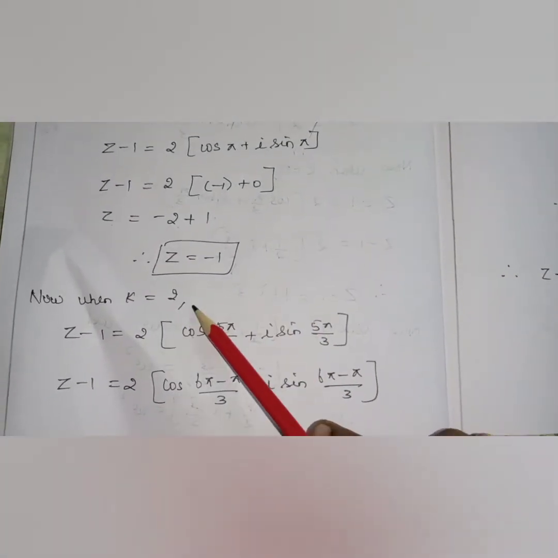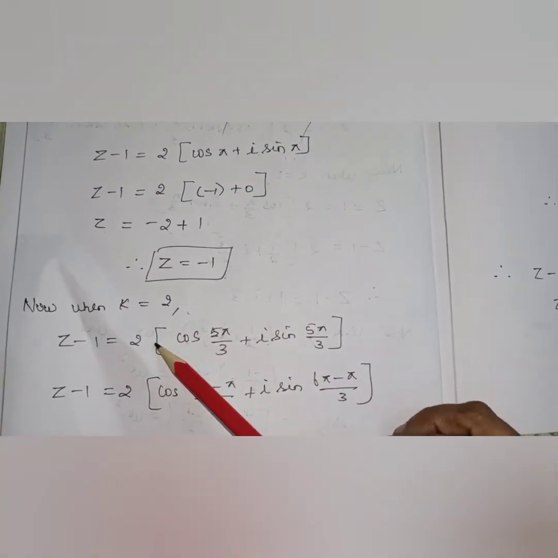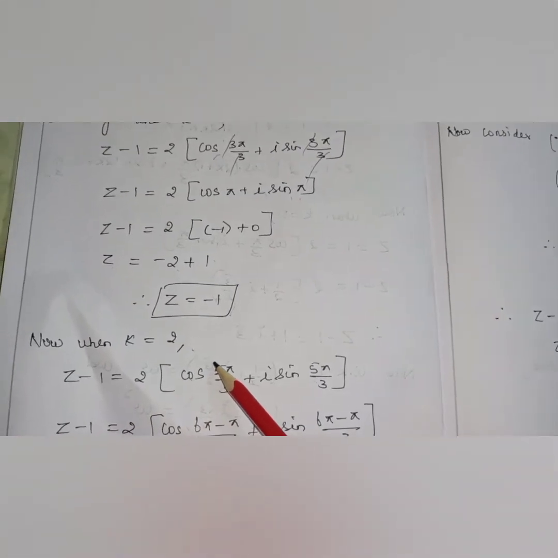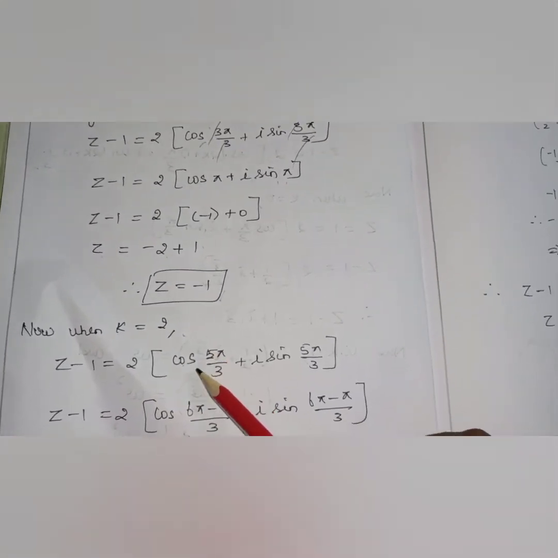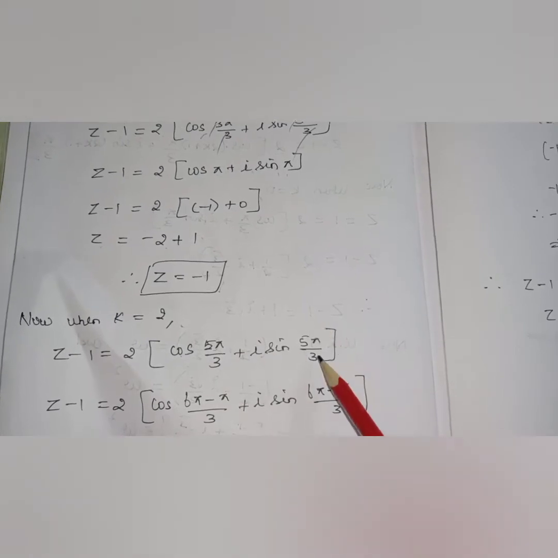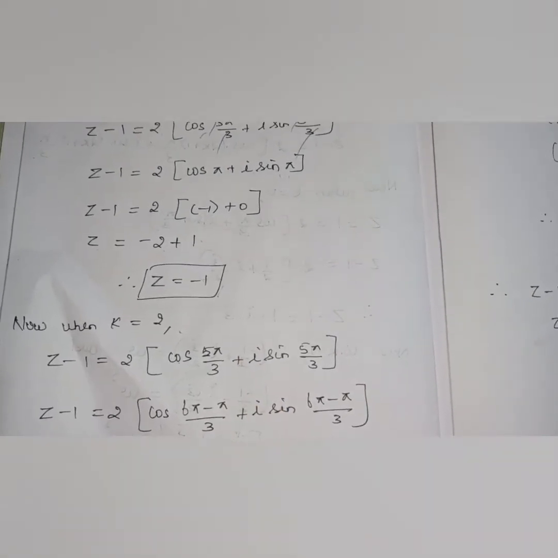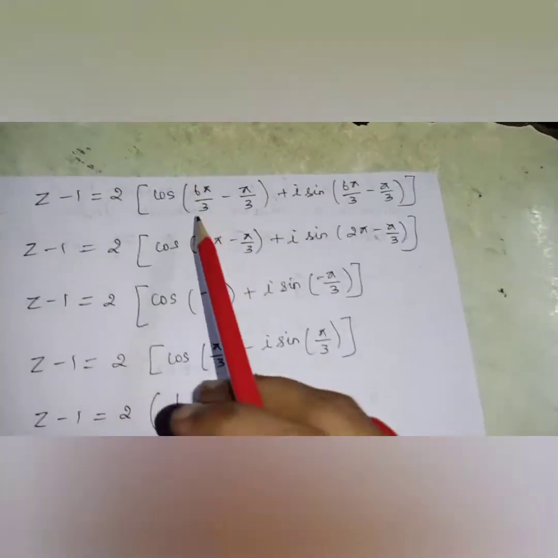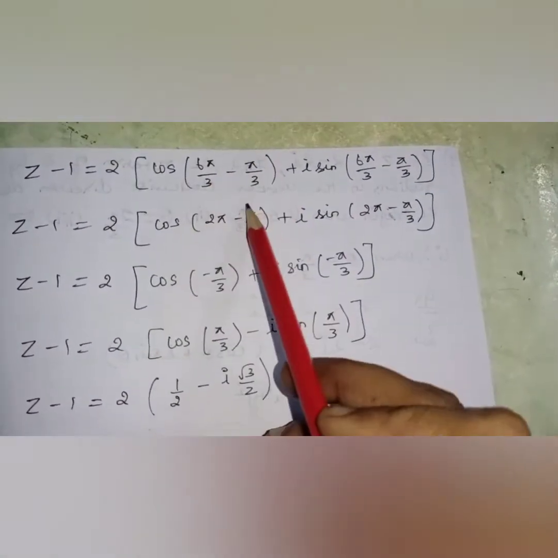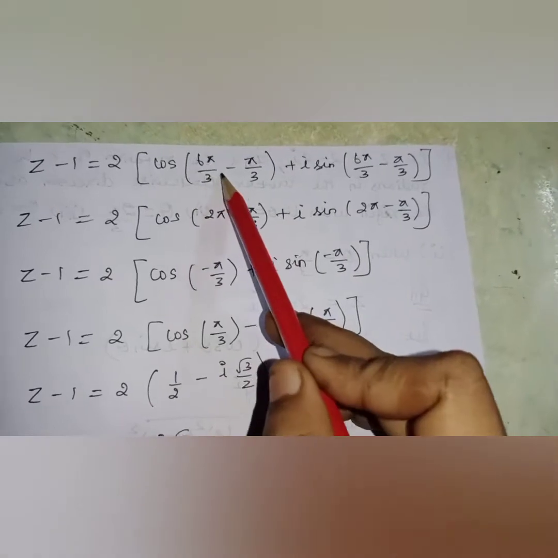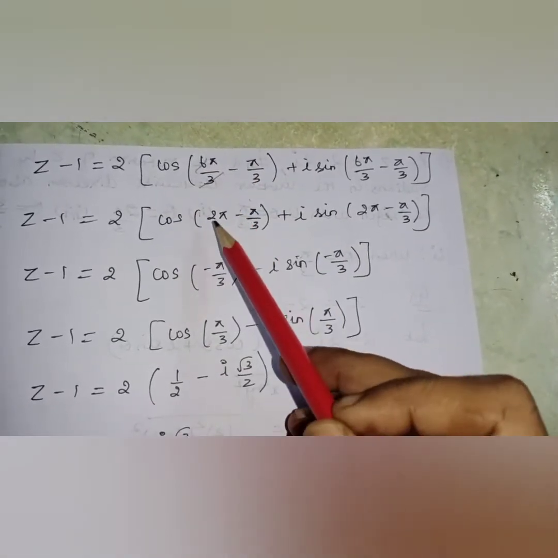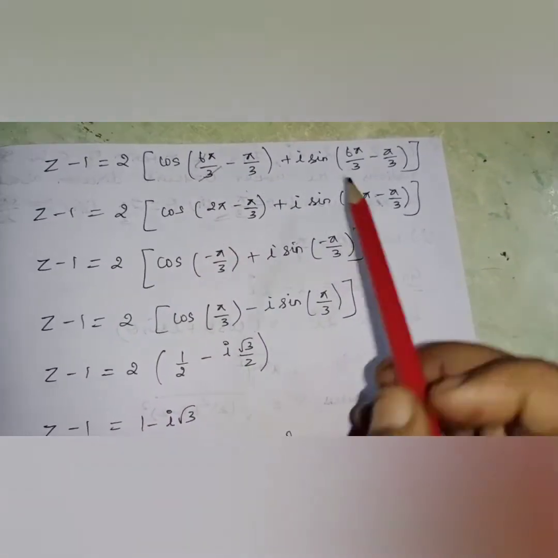Now we'll go ahead with substituting k as 2. So z minus 1 is equal to 2 into 2k, 2 into 2 is 4, 4 plus 1 is 5. So cos 5 pi by 3 plus i sin 5 pi by 3. Now shall I write this 5 pi as 6 pi minus pi? So what happens next, we'll see here. 6 pi by 3 minus pi by 3, I am just splitting the LCM. Now this 3 and 6 will get cancelled and become 2. Here also 2. So 2 pi by 3.